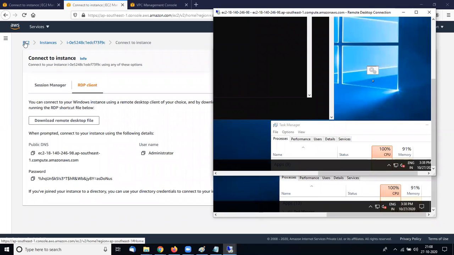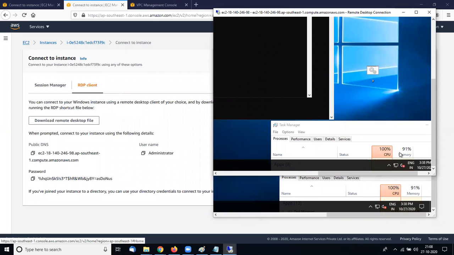So let's check in the EC2 instance if my running instance is created or not. Let's see the live process, whether our instance is created or not. CPU utilization is 100%. You check here, and please wait for 100 seconds.